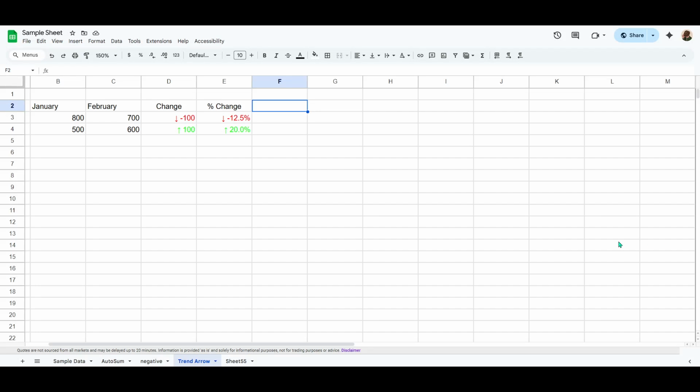In today's video, I'm going to teach you how to add increase or decrease trend arrows in Google Sheets. This is a handy trick for visualizing numerical data by using a simple yet effective technique, custom number formats. By the end of this video, you'll be able to see at a glance which numbers are trending upwards and